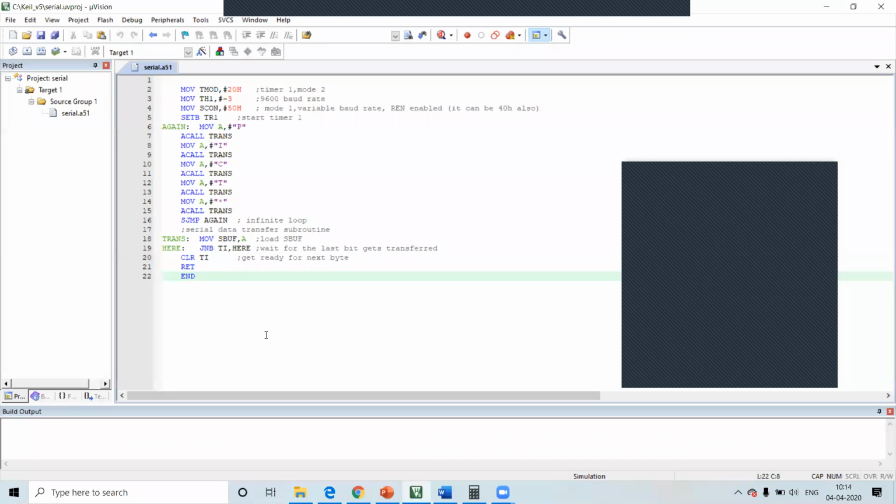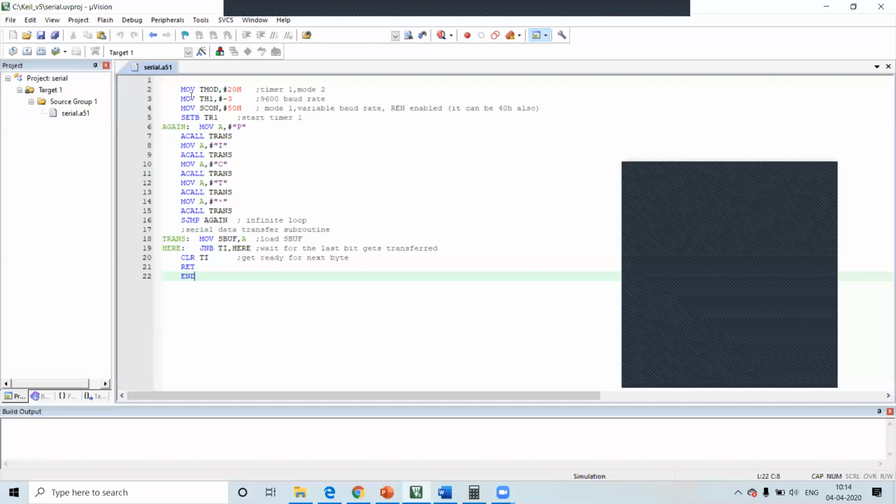As per the problem statement given, it is expected that you should transmit 5 characters, PICT and a star, so that the output will be PICT star, something like this. It is not necessary that you should transmit only these characters. You can do anything. As I said to some of the students, you can transmit your name also. There is no mandate, nothing is mandatory there.